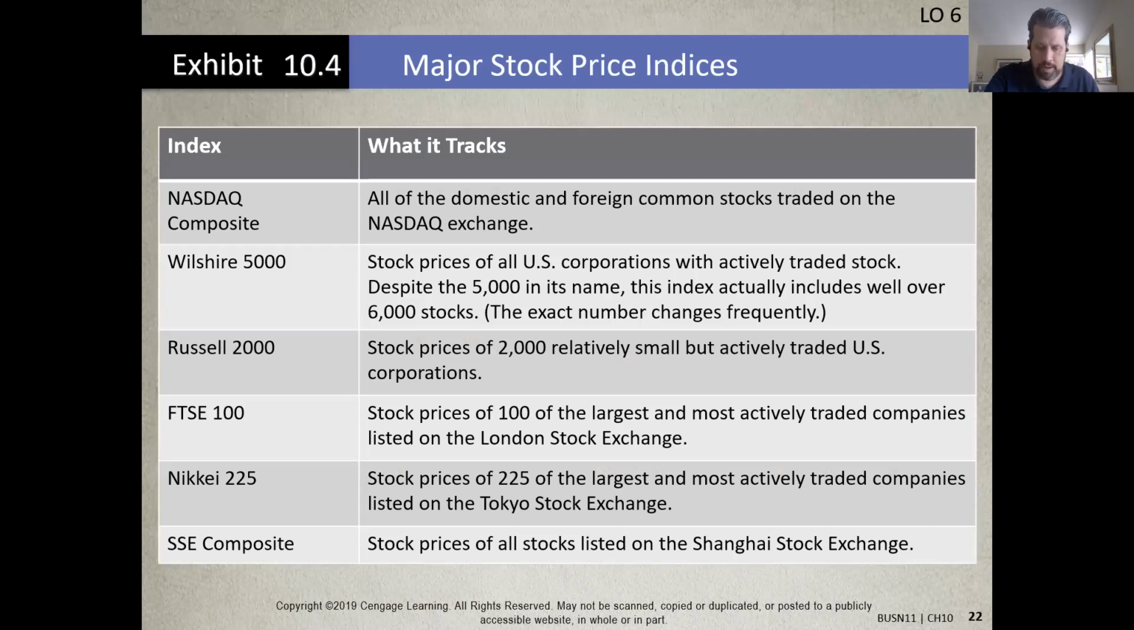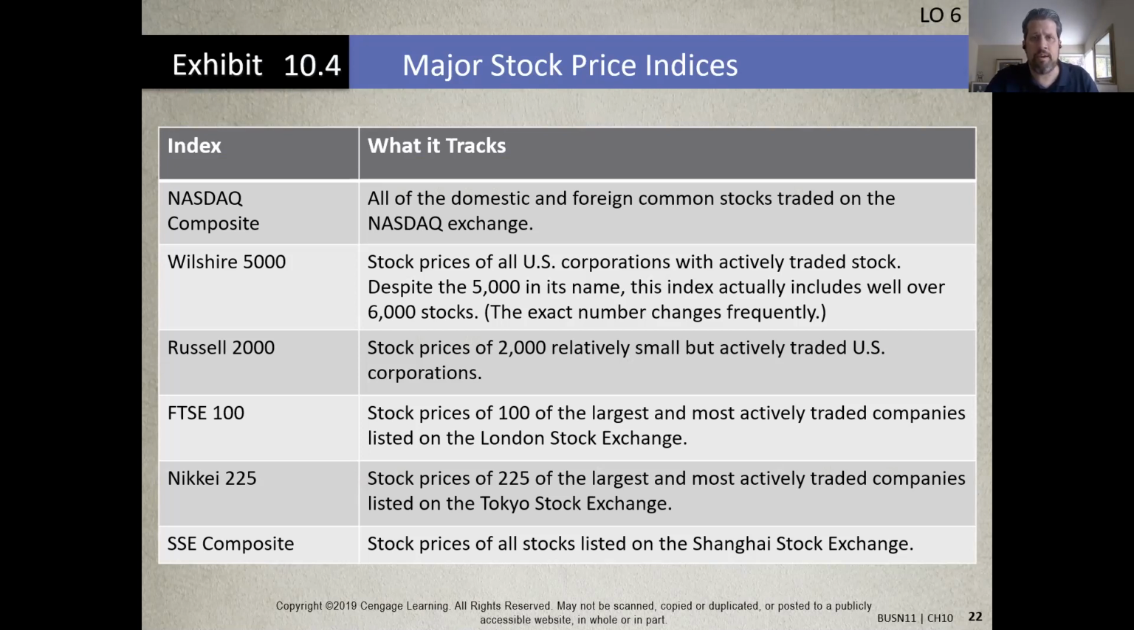So the following slide here takes a look at the different indexes that are out there. The NASDAQ's probably the 3rd most popular. This is all the domestic and foreign common stocks traded on a NASDAQ exchange. A lot of times we see some of these tech companies that aren't on the S&P 500 or the Dow Jones, they'll be on the NASDAQ. I think Apple was in there for a long time. So